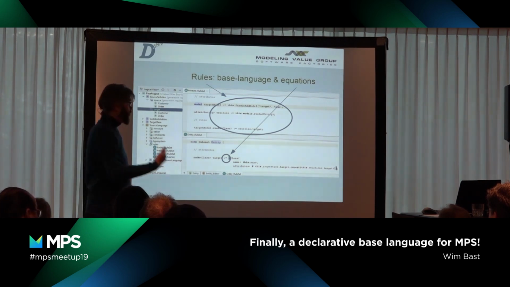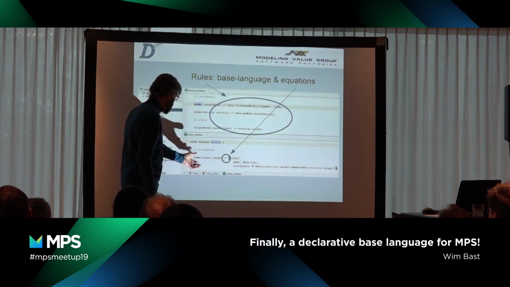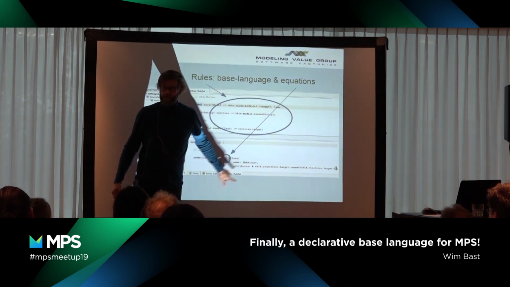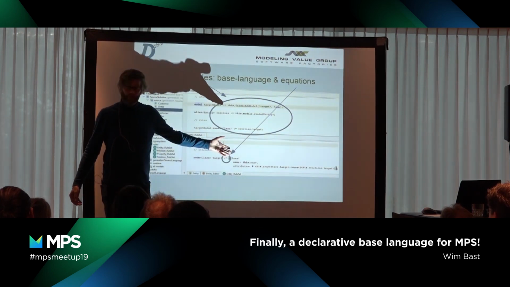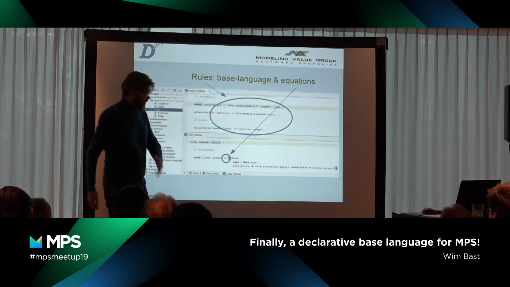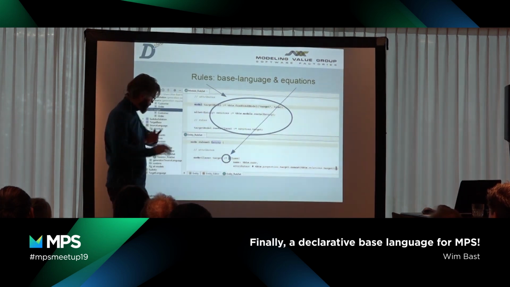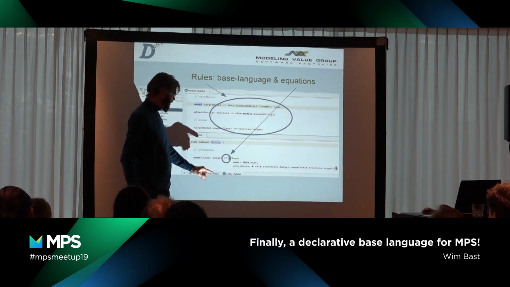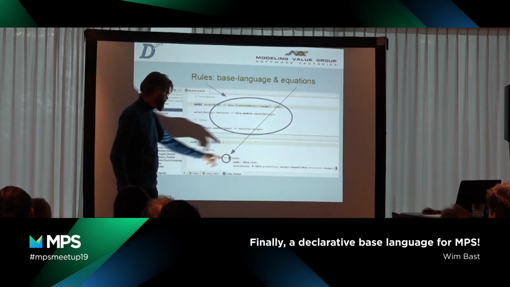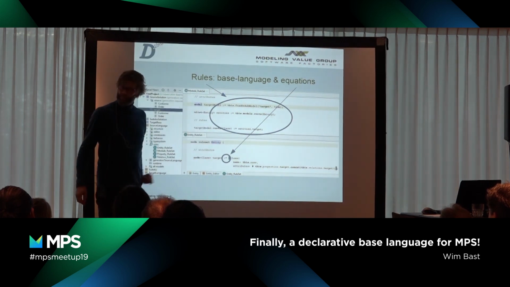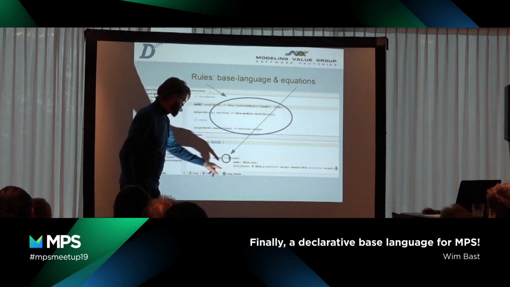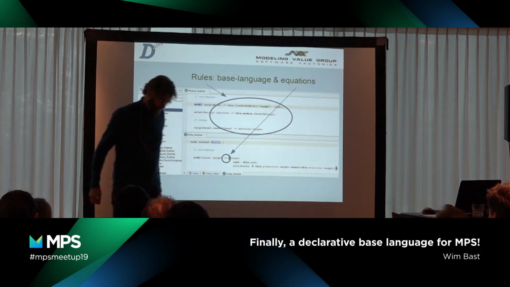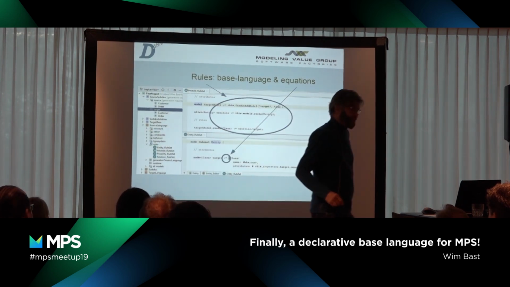For example, the value of a certain attribute should always be equal to something. Like this target should be a new class, and I have a light quotation. It's just light quotation as we are used to in base language. But this is then a constraint. It means it's always the case. So this attribute will always hold a node of the type class where its name is derived from the name of my entity, and where the properties are some function. I will explain it later.